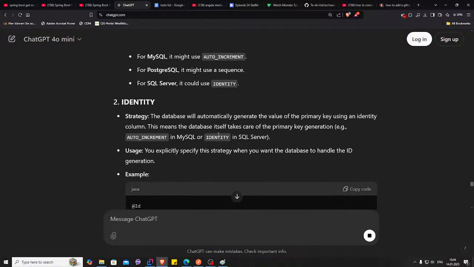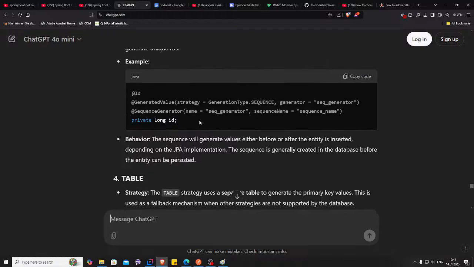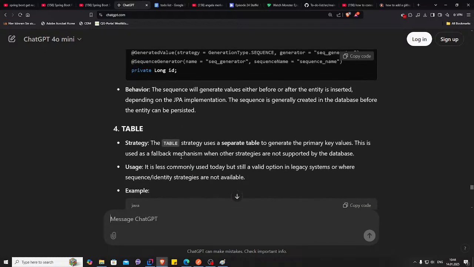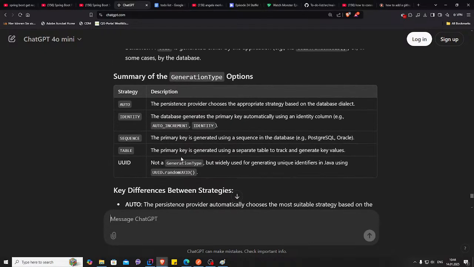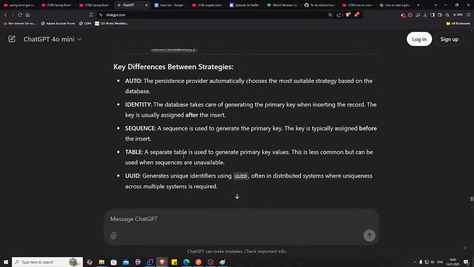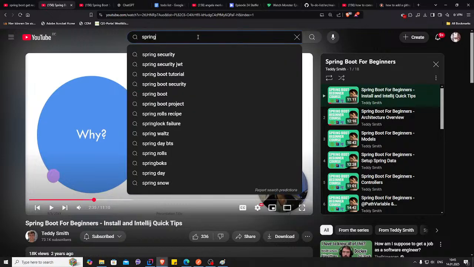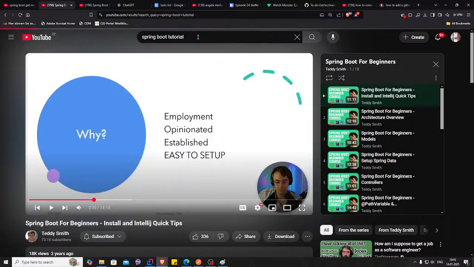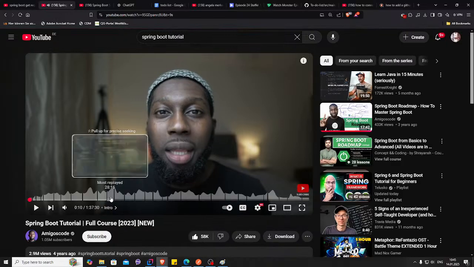So we have auto, sequence, and table. UID. I think I used to have multiple ones here with me, and I also think, yes, Spring Boot tutorial. Spring Boot is by far one of